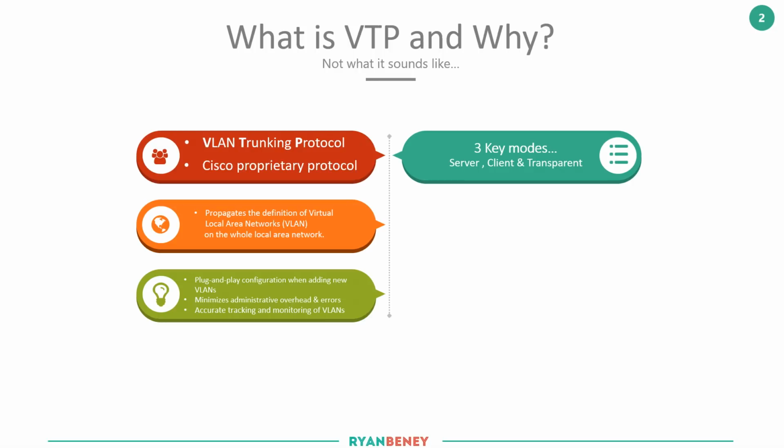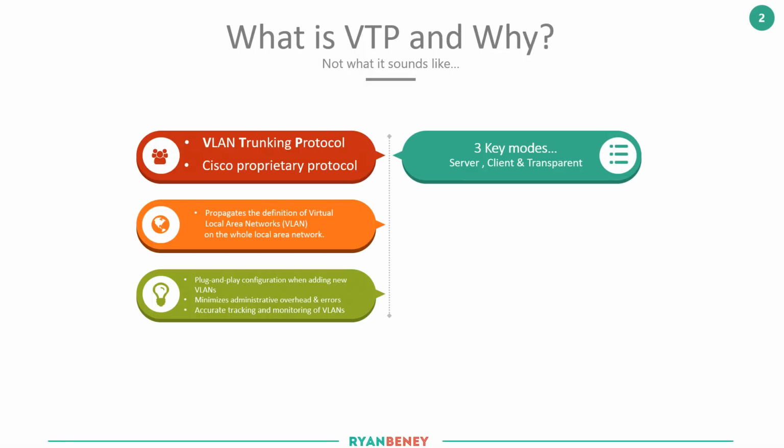Client mode does not allow you to create VLANs and accepts VLANs from server mode, and transparent mode is essentially not participating in VTP and allows the VLANs to be created locally. Now it's also worth noting you can have all of your switches as server, one switch as server and all as clients, and when you create that VLAN,